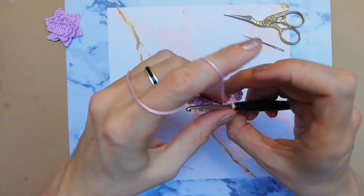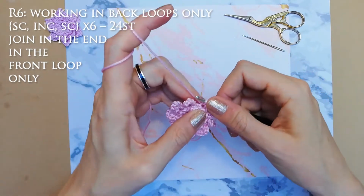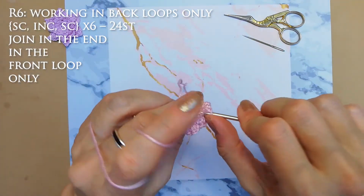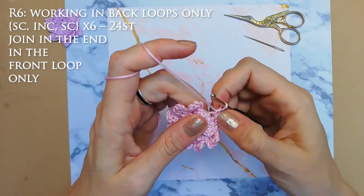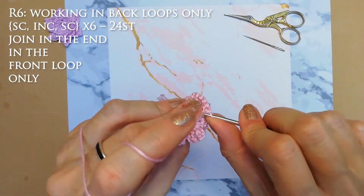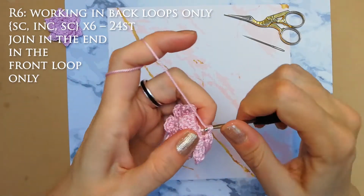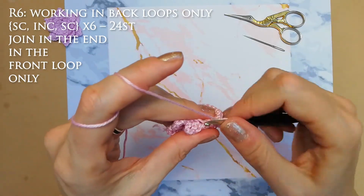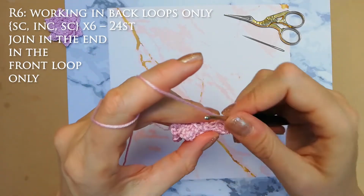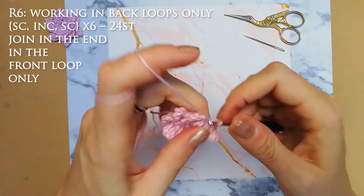Now what I'm gonna do is another increase. I'm gonna do a chain 1, and with increases on the next round, I'm actually gonna do a single crochet, an increase, and a single crochet, 6 times. So at the end I'm gonna have 24 stitches. So again, an increase, a single crochet, an increase, and a single crochet. So that's 8, single crochet, an increase, and a single crochet. That's 12, single crochet, an increase, and a single crochet. That's 16,